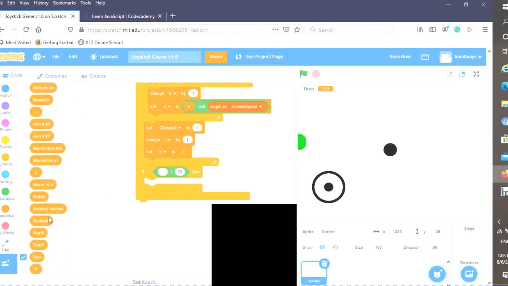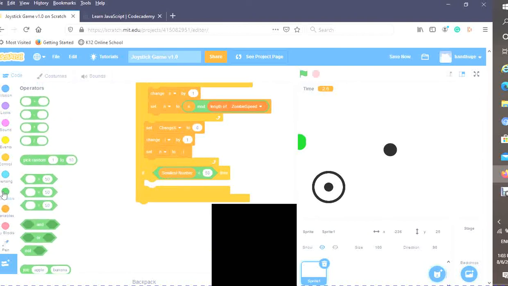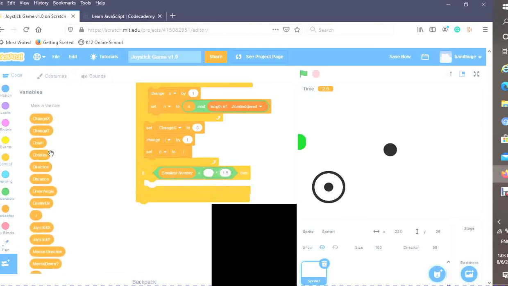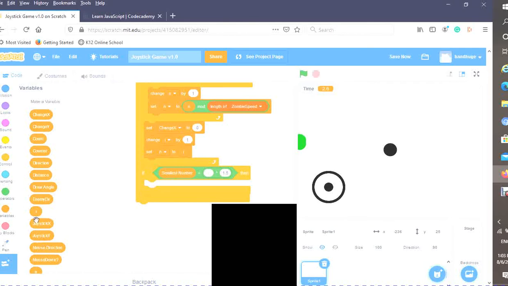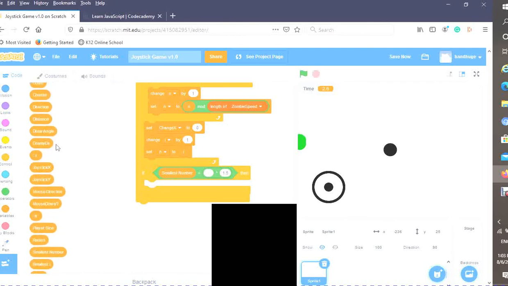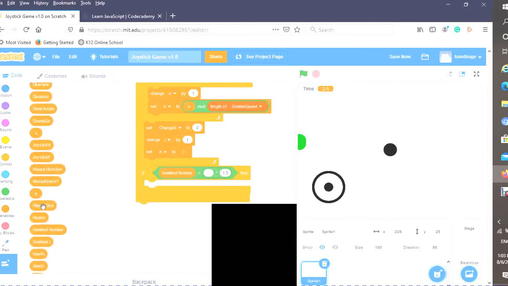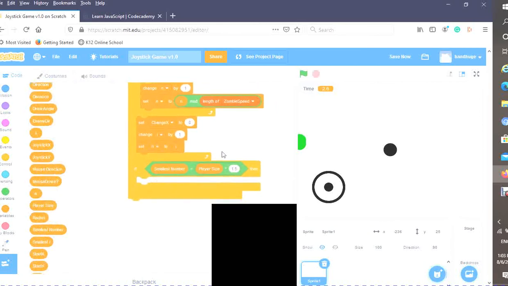If the smallest number is less than player size multiplied by 1.5, if the smallest number is less than player size times 1.5,